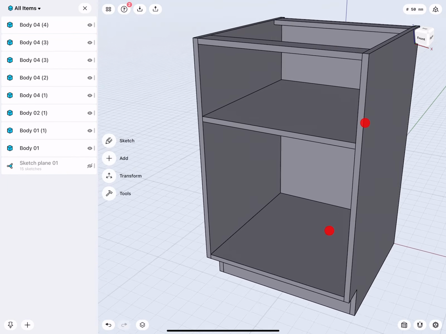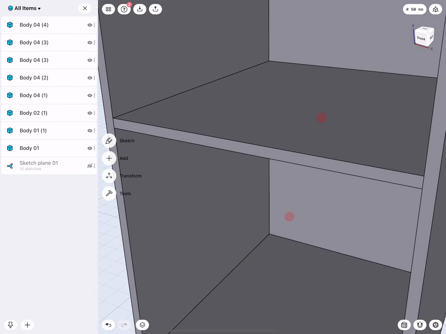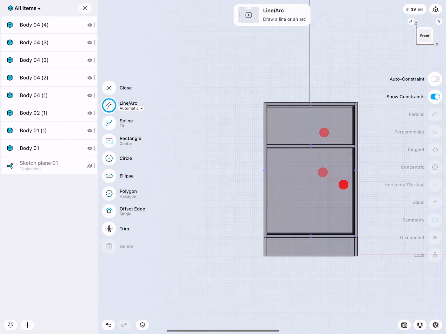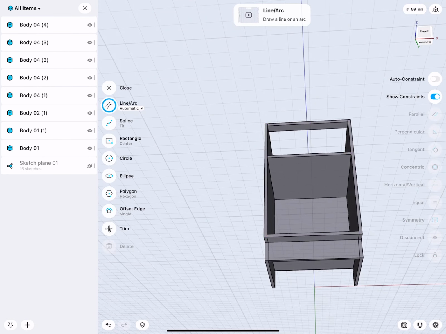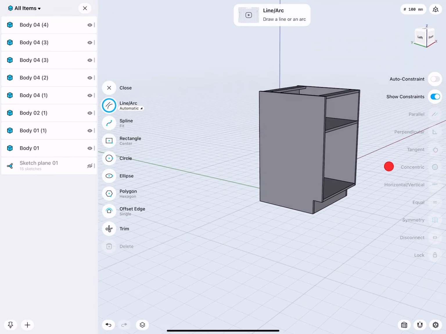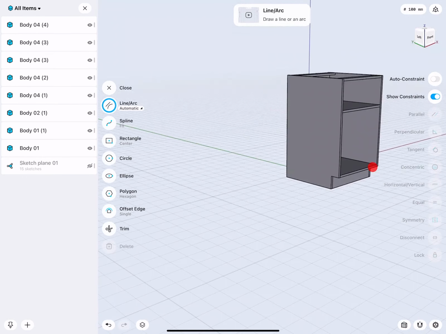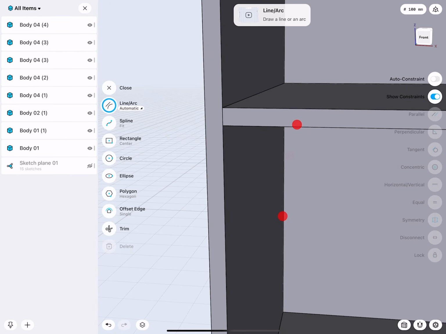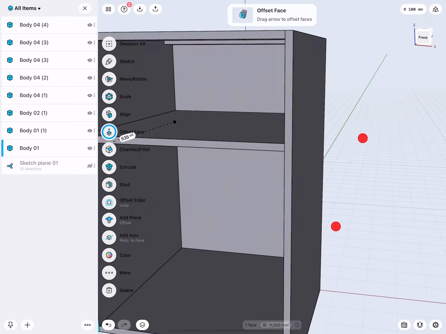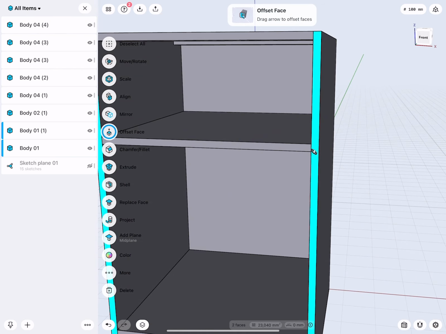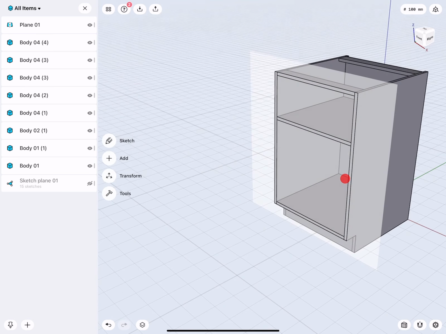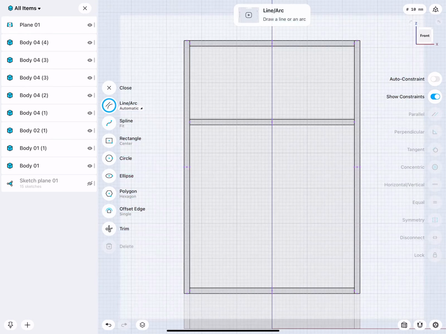If we do not want to use a construction grid, we could also select this face and with a finger double tap. And pretty much does the same. So now I could start sketching, but you see when you rotate too much, then it's kind of gone. That's why sometimes I like adding a construction plane. I can select it and double tap, and I can always hide it later if I don't need it.